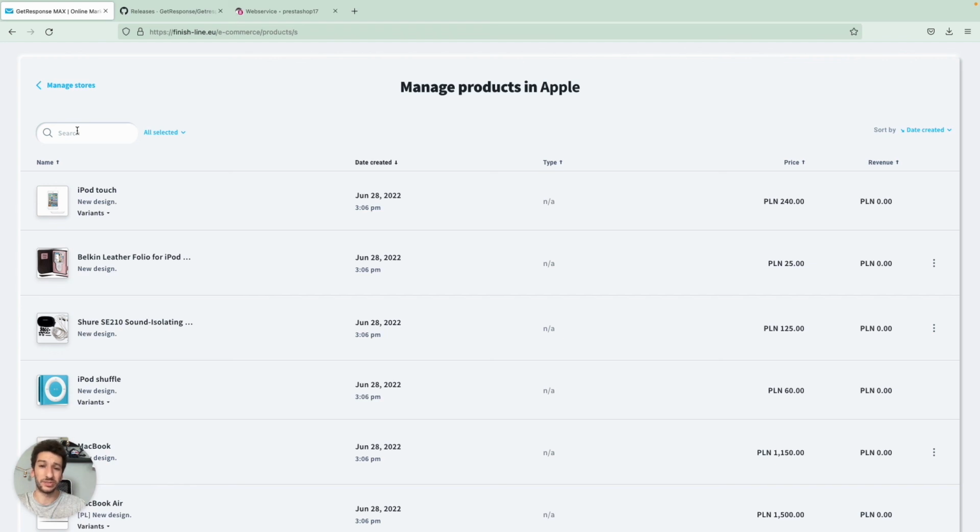It will be very easy to create emails as well, pop-ups, forms, everything that you can think about that would be a nightmare to create in PrestaShop, as you would need to code everything. In GetResponse, everything is code-free, drag and drop, and you'll have your shop ready for marketing in no time.